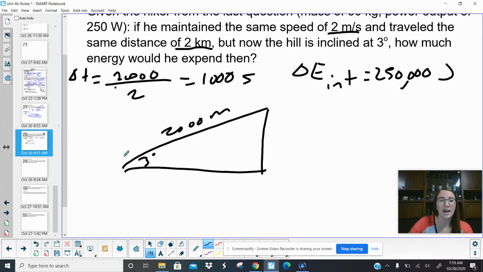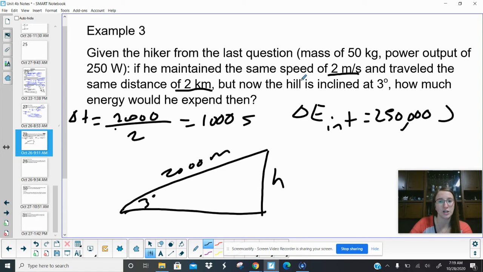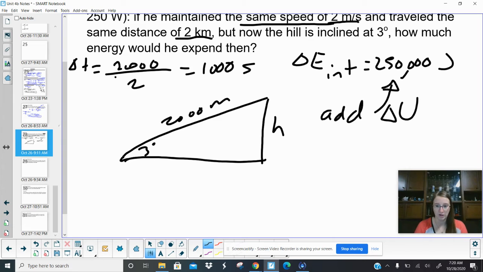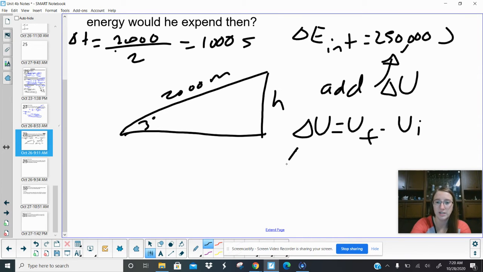So we need to know, again, this is going to be a change in potential energy because now our height is changing. There's no change in kinetic energy. You're maintaining the speed. So again, we are going to add to this the change in potential energy that we're going to have to overcome here. So I want you to take a moment because I really hope you know how to do this by now. It's okay if you don't. But our change in potential is U final minus U initial, which is going to be,